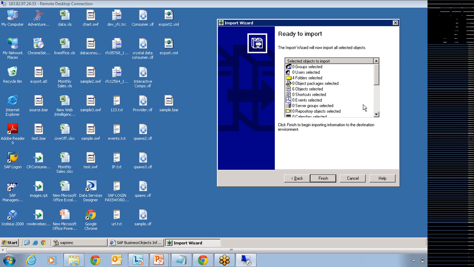But while moving, the additional feature you get with LCM is you can schedule the time so that the migration happens on the fly without any manual operations required. Like how we schedule the reports, you can also schedule migration. Select all the contents you want to move into your production and set some time. Once the time reaches, it does it automatically. Likewise, you can set the upgradation time, and once the time reaches, it's going to upgrade the content. And if you want to roll back whatever you have updated, that is also included in LCM.